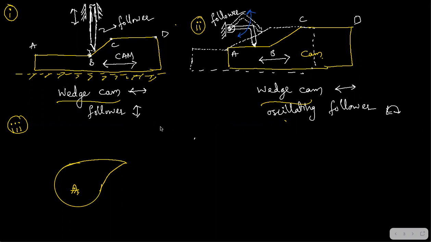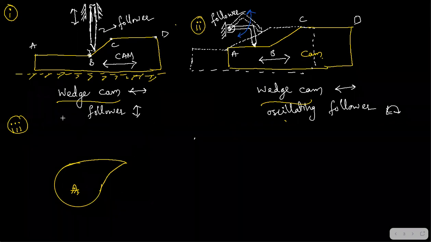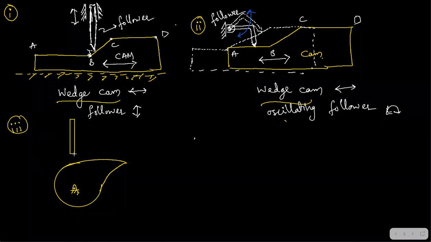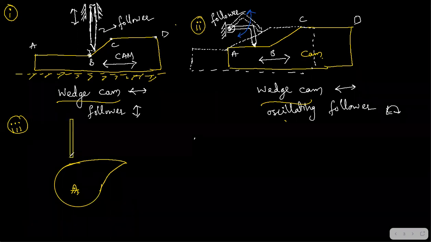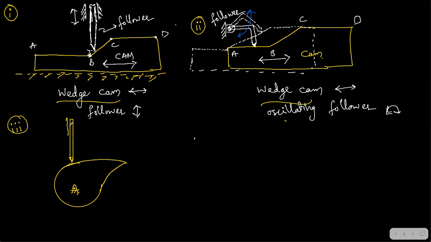And then we even have a follower which should follow it, right? So let me draw a follower for you people. Let's say that this is our follower. Yes. And then it has a base. Fine, it is in contact over there. And then you have a guide. Guide should also be given, right? So let's say that this is our guide along which it will only translate.